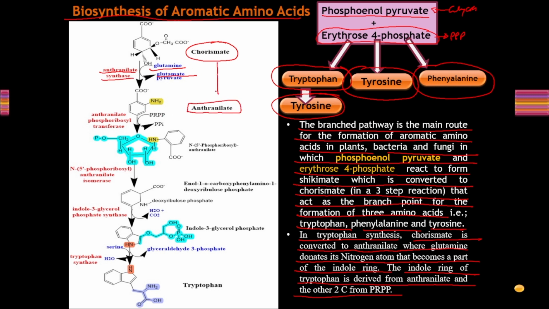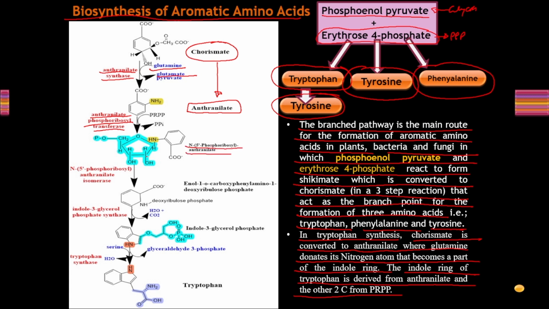So from the chorismate you are synthesizing the anthranilate, and from the anthranilate it gets the pyrophosphate. Anthranilate phosphoribosyl transferase catalyzes the addition of this ribose sugar, and that's how it forms the